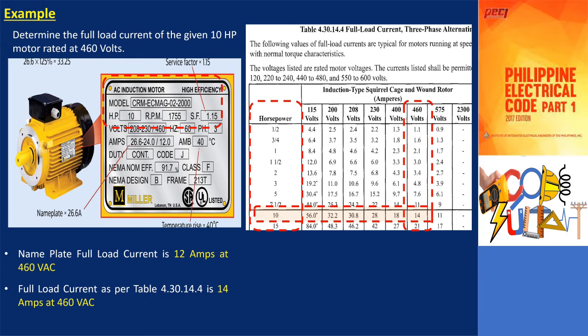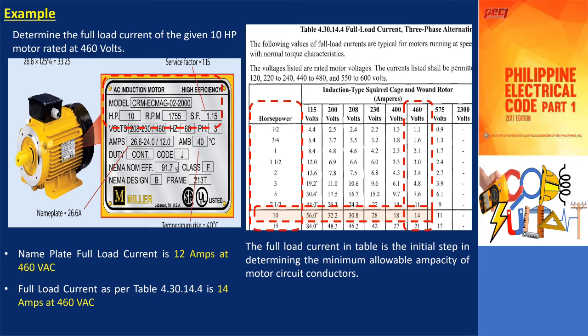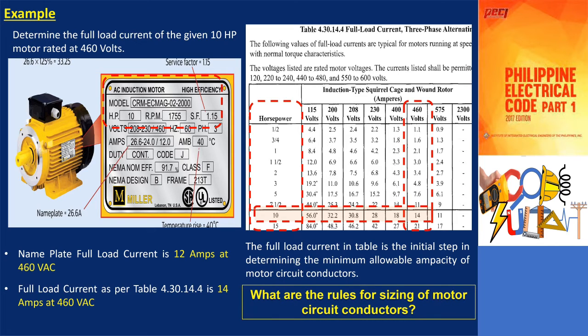This value represents the motor load and should be used to calculate the minimum allowable ampacity of the motor circuit. It is important to note that this value is not the same as the 12 amperes shown on the motor nameplate. The first phase in determining the minimum allowable ampacity of motor circuit conductors involves determining the appropriate full load current of the motor. In Section